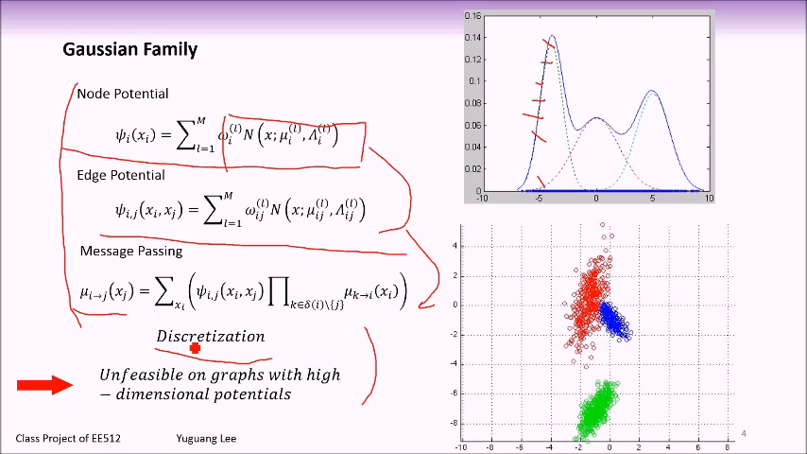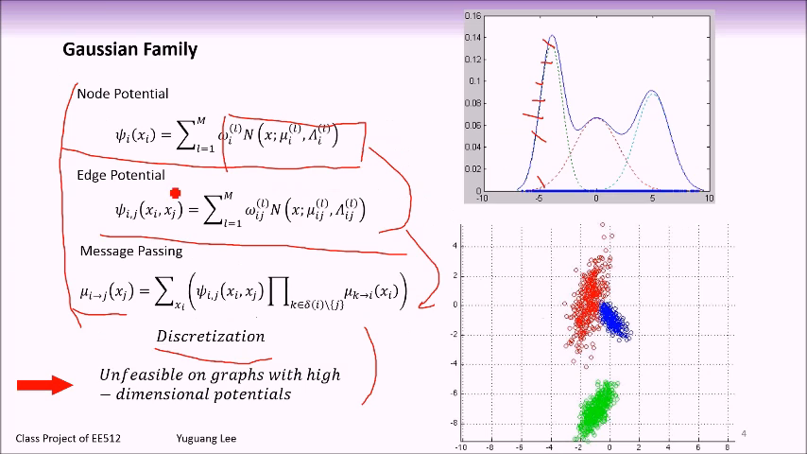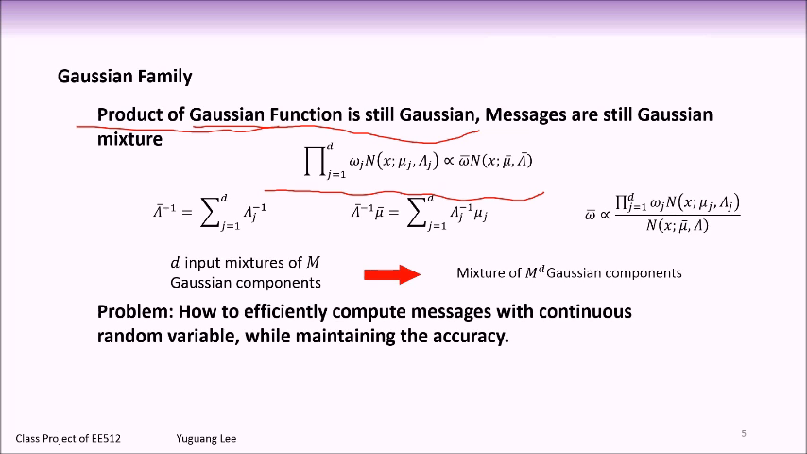So all the processes are done analytically. The good thing supporting this process is that the product of Gaussian functions is still Gaussian, so the product of Gaussian mixtures is still a Gaussian mixture. So if all the node potentials are Gaussian mixtures, then all the messages are also Gaussian mixtures. And by using the equation below, we could calculate the product of Gaussian functions very easily. But